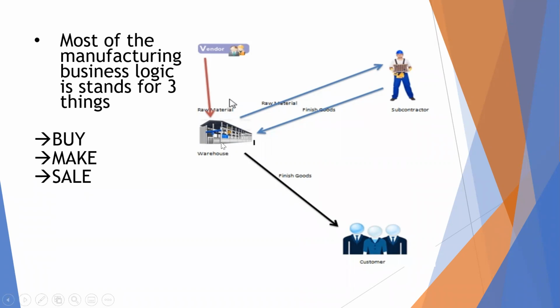If you look at this diagram, here we have the warehouse; it can be the warehouse or the plant level. Generally, when stock is not available, the company will procure the goods directly from the vendor. There is also a process called subcontracting. If the company does not have the finished goods, they will send the material to subcontracting. Once the raw material becomes finished goods, they will send it back to the warehouse or company. Then again, they will send it to the customer. This is all at a higher level.